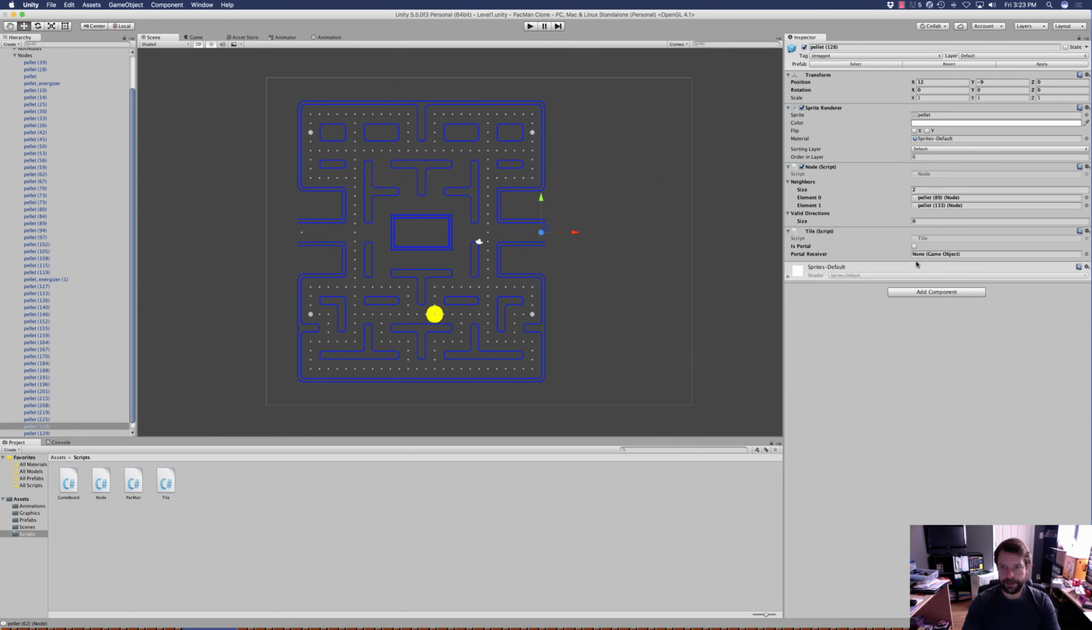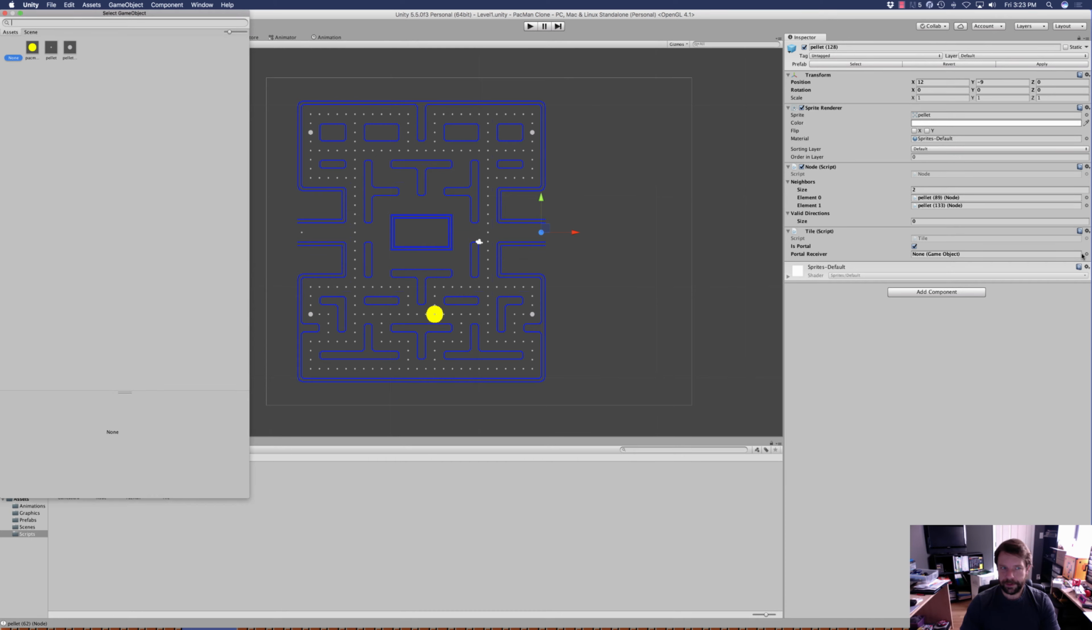and tile. So we're going to mark is portal. I'm going to check those. And the game object, the portal receiver for this one is going to be this one. So this one is pellet 129. So we're going to go back over here, click this,